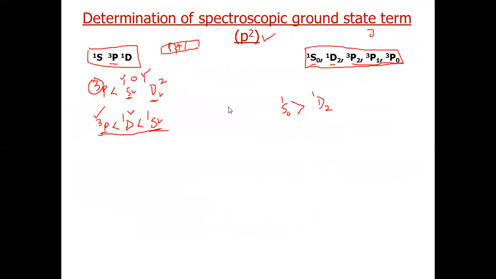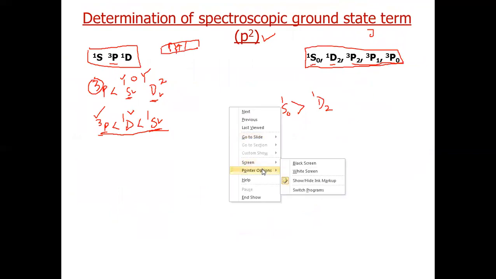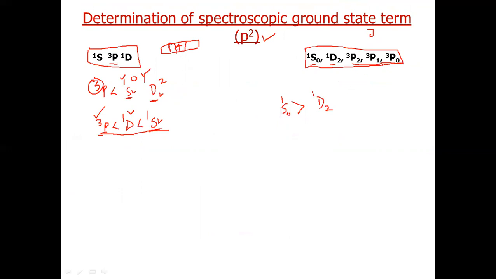Now whose J value is less in this? 0 is less than 1, 1 is less than 2. So we can write that the 3P0 state has lesser energy than the 3P1 state, then